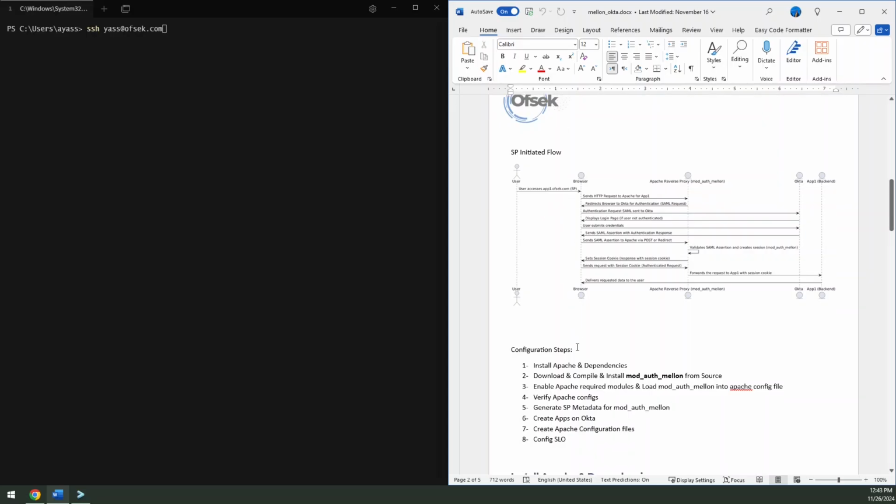So the configuration steps that we have are very straightforward. We're going to install Apache and dependencies. We're going to be compiling mod Mellon from the source. This is how we make sure that we get the latest version. We're also going to enable some required modules, and we're going to load the module into Apache, and then we're going to configure the authentication, exchange the metadata, create the applications on Okta, create the Apache configuration file, and finally we're going to be configuring